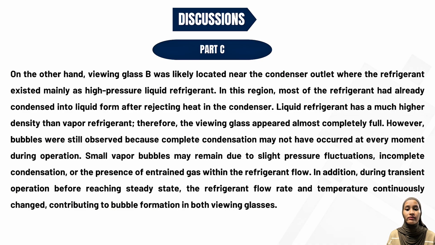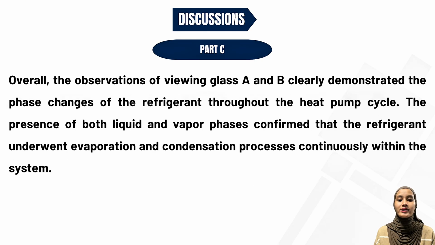Small vapor bubbles may remain due to slight pressure fluctuations, incomplete condensation, or the presence of entrained gas within the refrigerant flow. In addition, during transient operation before reaching steady state, the refrigerant flow rate and temperature continuously change, contributing to bubble formation in both viewing glasses. Overall, the observation of viewing glass A and B clearly demonstrated the phase changes of the refrigerant throughout the heat pump cycle. The presence of both liquid and vapor phases confirmed that the refrigerant underwent evaporation and condensation processes continuously